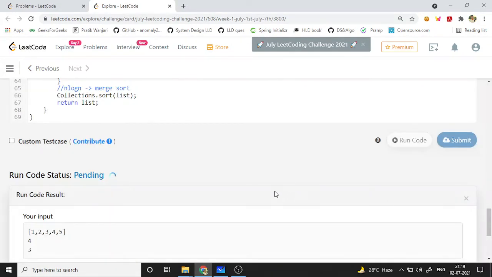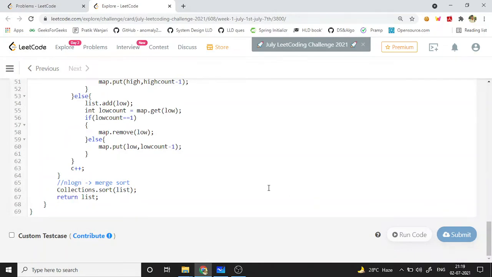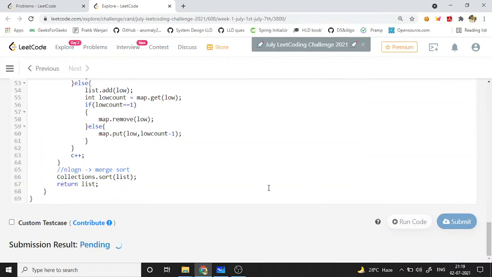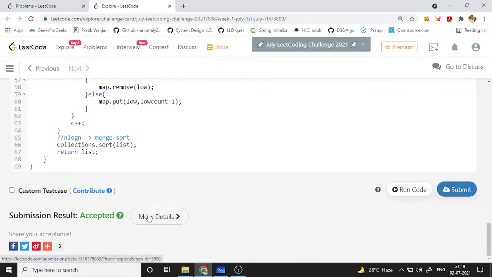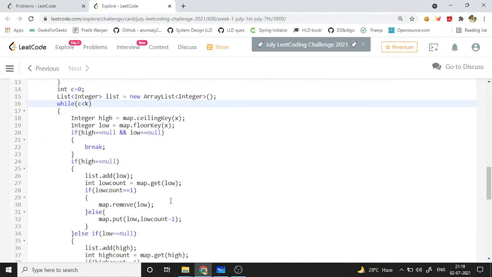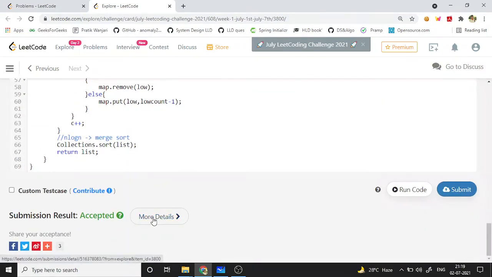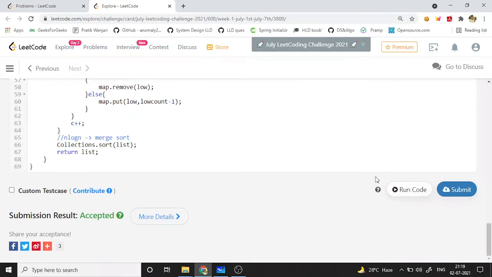Let's try running it one more time. Okay, yeah, it's giving the right answer. Let's submit it. Yes, it got executed. So this is one way in which we can solve it, but we can also solve it in less time complexity using binary search, which gives around log of n minus k, and I will show you that in our next video. Yes, so thank you for watching.